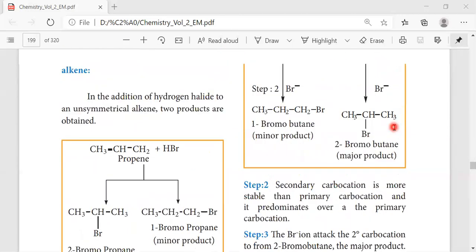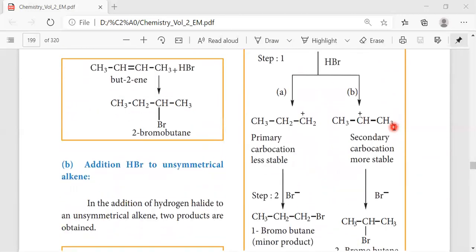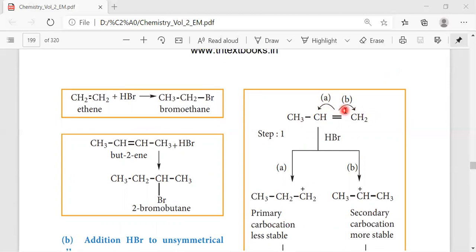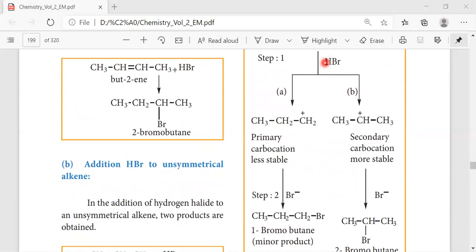So the first step, we have to make the formation of the electrophile. So now here you see the example CH3 CH CH2. So it is propene. Here the bond will get shifted over here, so that we are having the treatment with HBr, the primary carbocation and the secondary carbocation. On comparing both of these, the primary carbocation is less stable, whereas the secondary carbocation is more stable. But when we compare with tertiary, the tertiary is more stable.